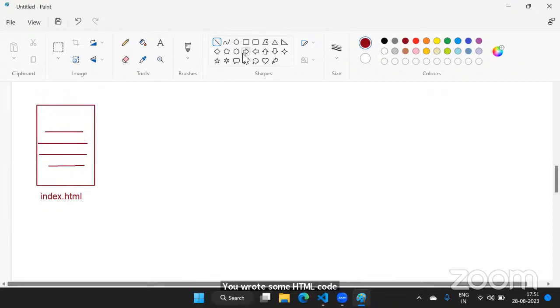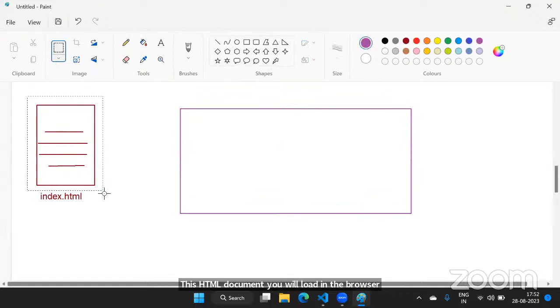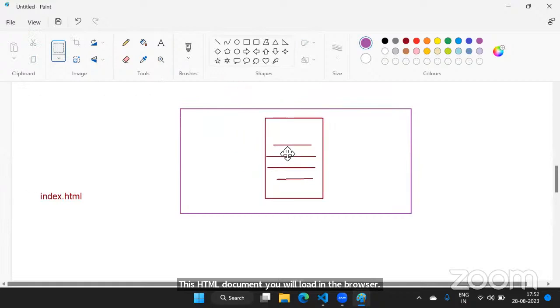Now, this HTML document you will load in the browser. Whenever this HTML document is loaded in the browser,